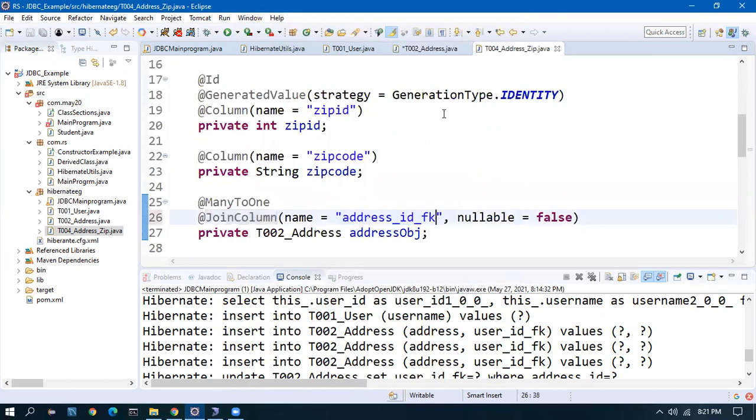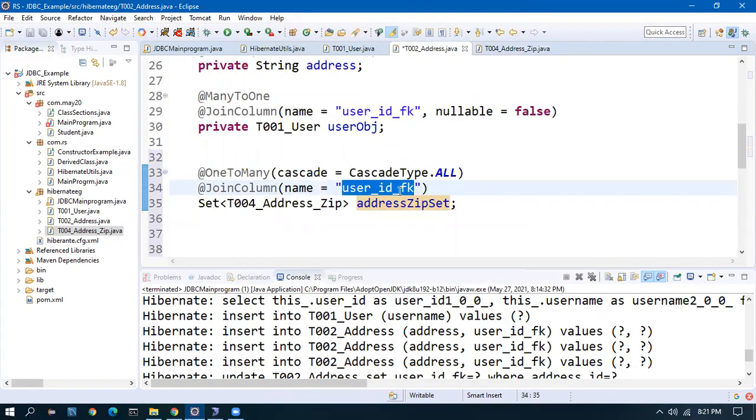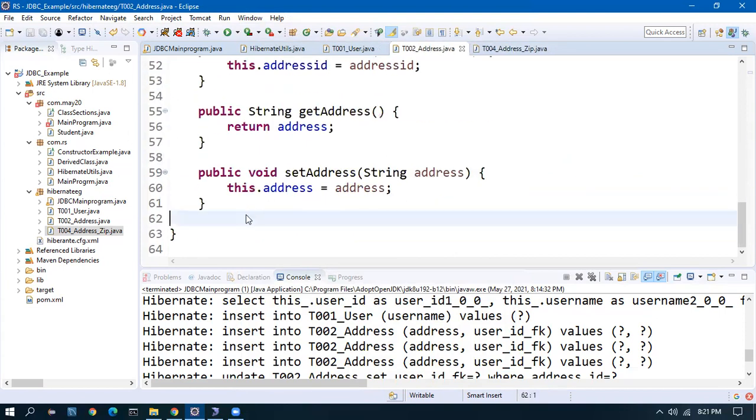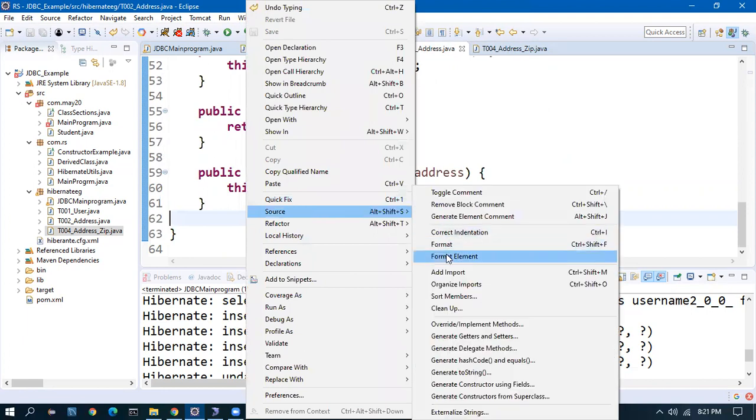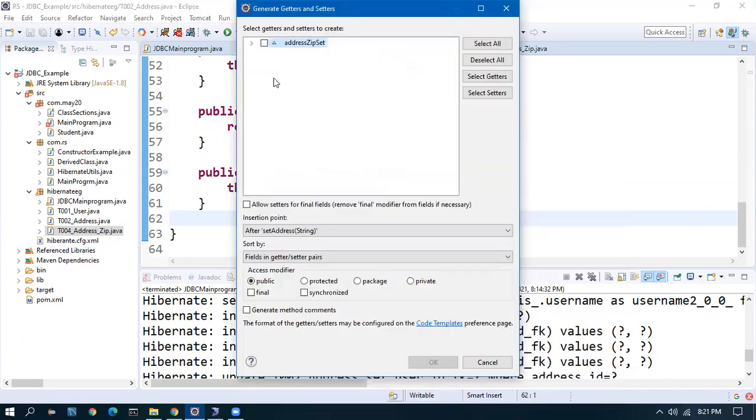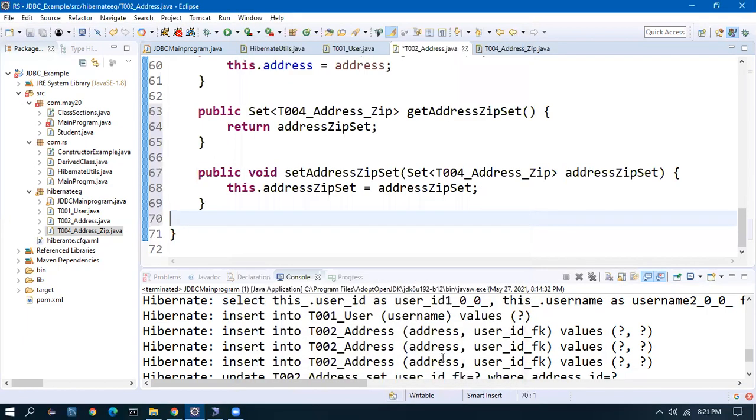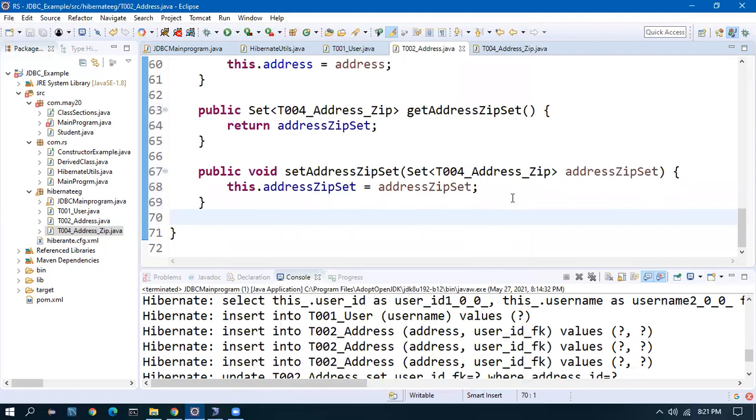Here also it should be the same column. We are good with this. I will generate getters and setters for this. So I have this ready.